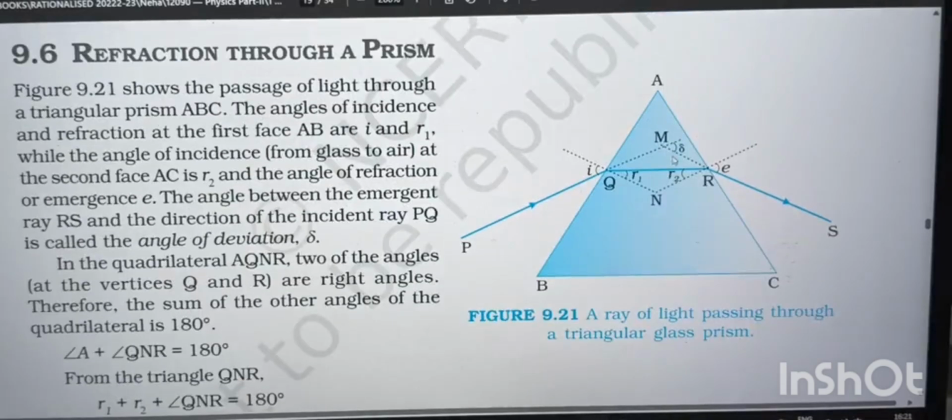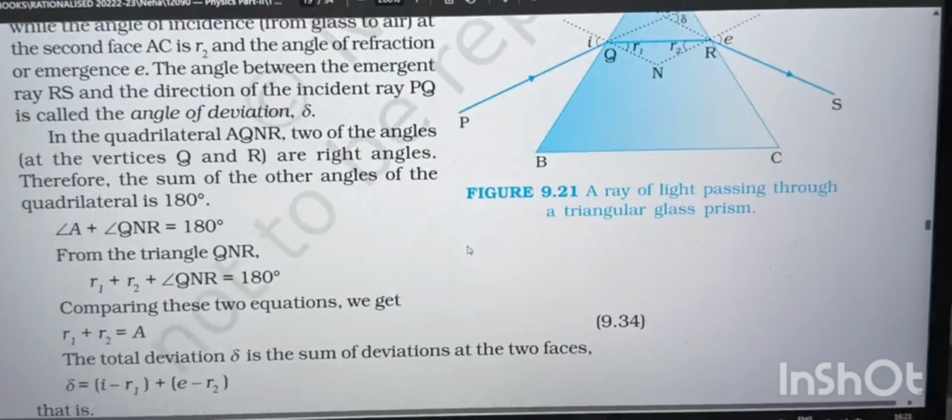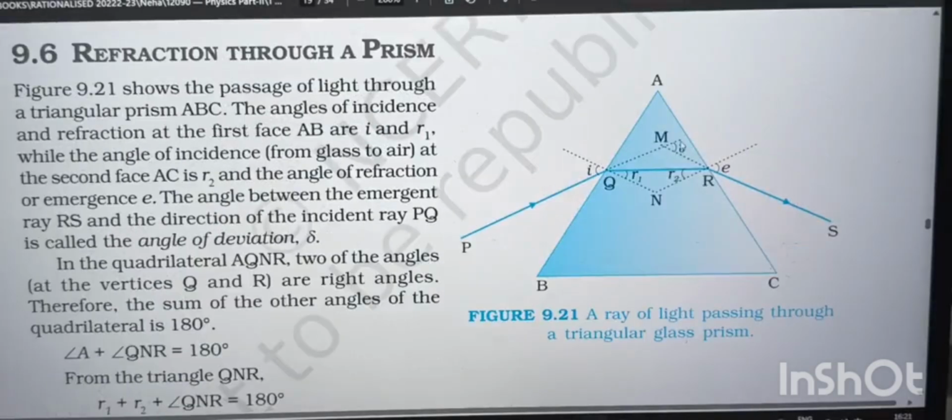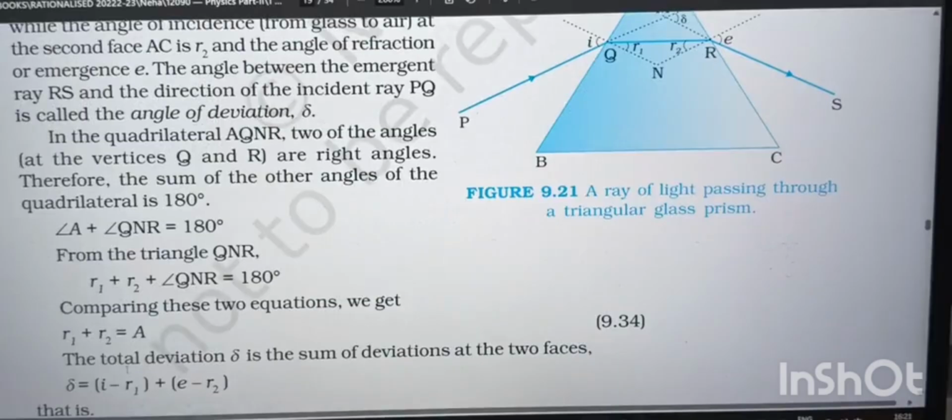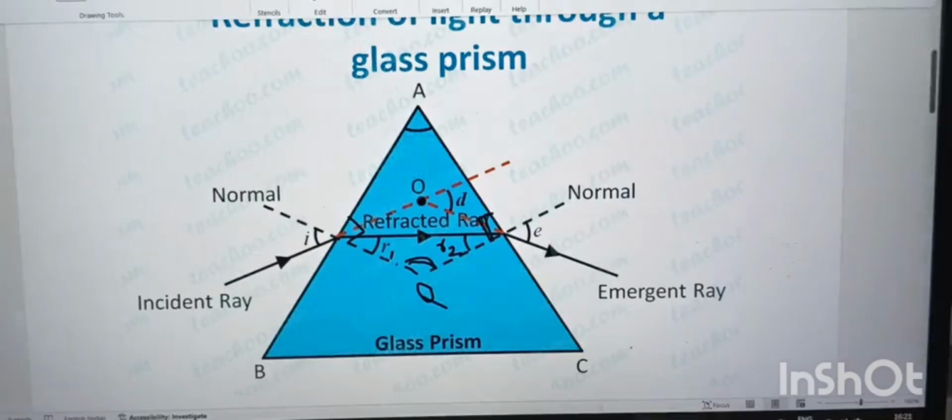Now finally, to get this deviation angle, what they have done, you can think of this as an exterior angle for this triangle, the upper triangle. Instead of QNR, look at the upper triangle. If this is an exterior angle, generally you can add these two interior angles and get this. So to get that, because we don't know those angles, we can do I minus R1. If you see over here,